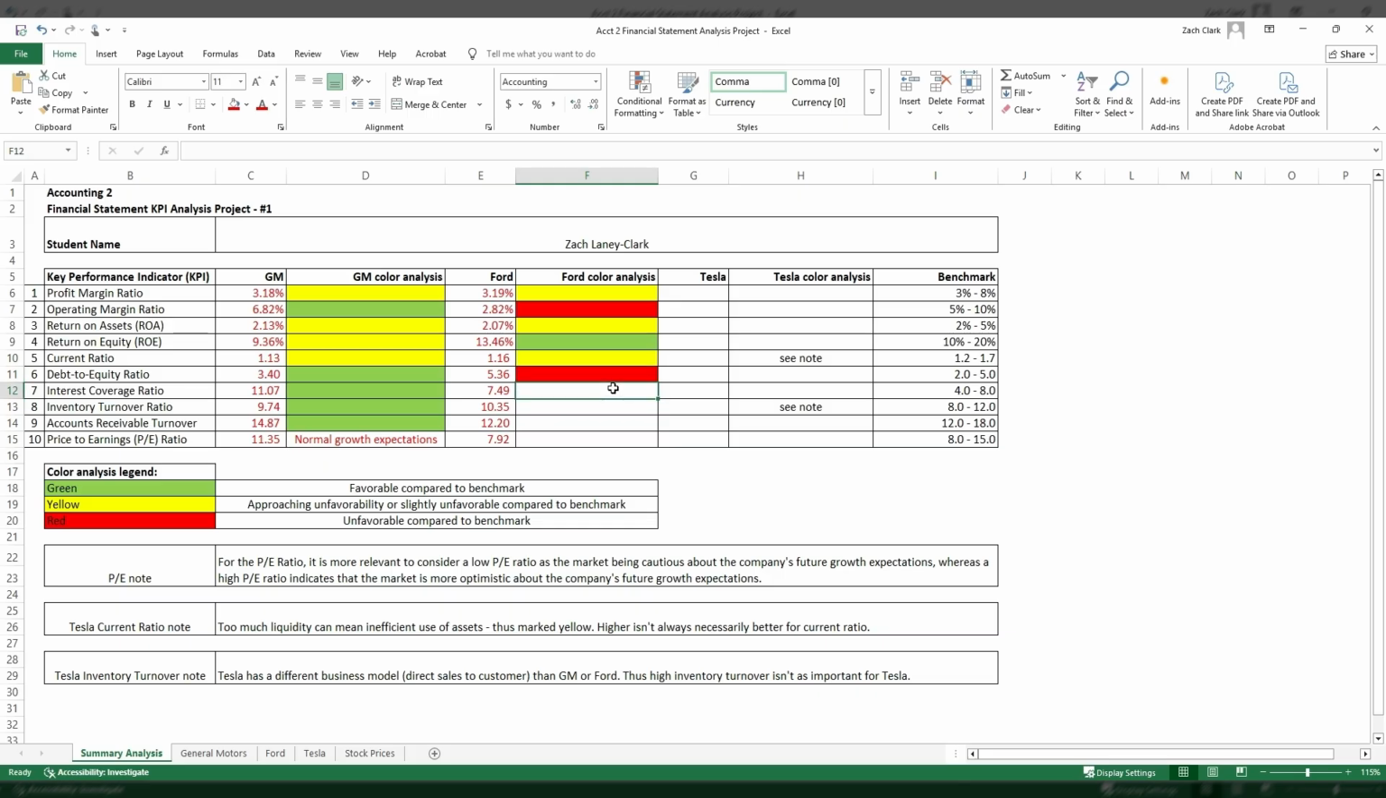And let's see down here, interest coverage. We are looking quite good there. Inventory turnover, also looking quite good there, right in the middle of the range. Accounts receivable, 12.2. That's right towards the bottom of the range, so I'm going to give that a yellow. And then again, this one, so we're under the range, and I'm gonna put in here just like we did for GM